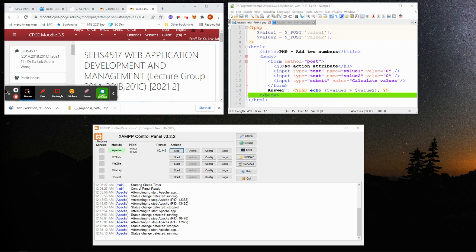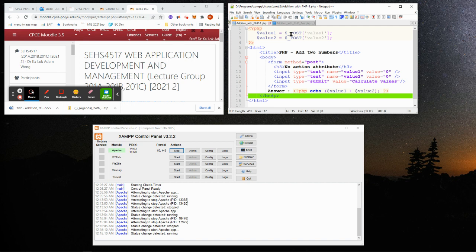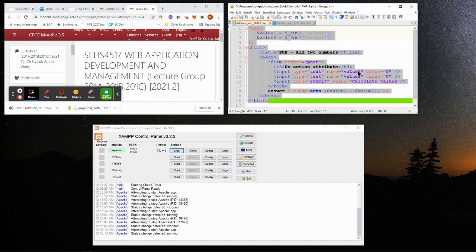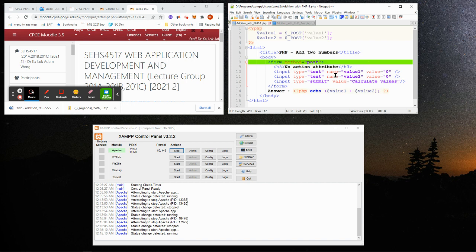As you can see, I have a PHP file here on this side. This should be familiar to you. A very simple form which takes our two numbers and then calculates the sum and shows it to the user. This is very simple. And here the PHP processor that I use is